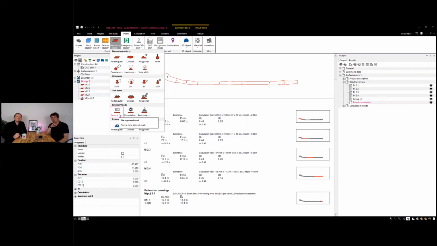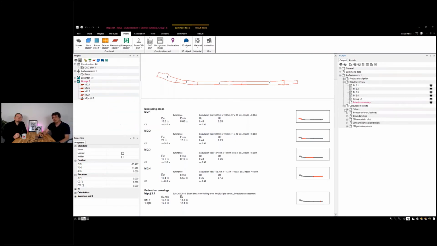I will show later what is special about it. It is very helpful. You can also use this in other situations, not only for roads. But here, just before I delete my calculation, I also want to show you the pedestrian crossings, where we have special